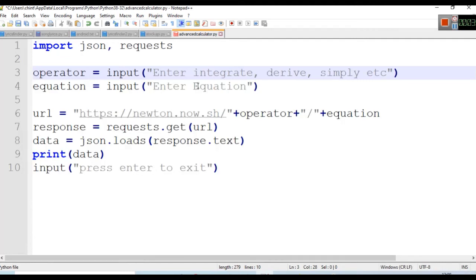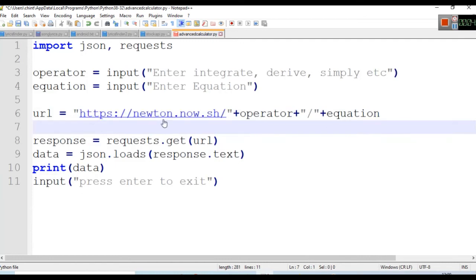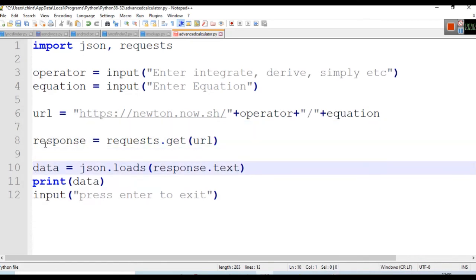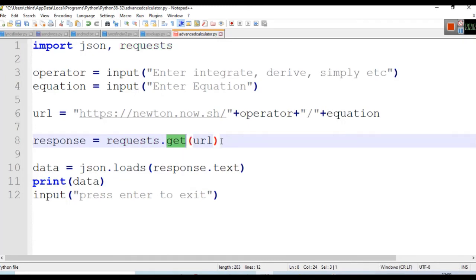Next is the equation, and to complete the URL we have concatenated three strings. One string is this URL, second string is from the operator variable, and third string is the equation. Next we will load the response here. In the response we will write requests.get(url) because we want to read the response from this URL.